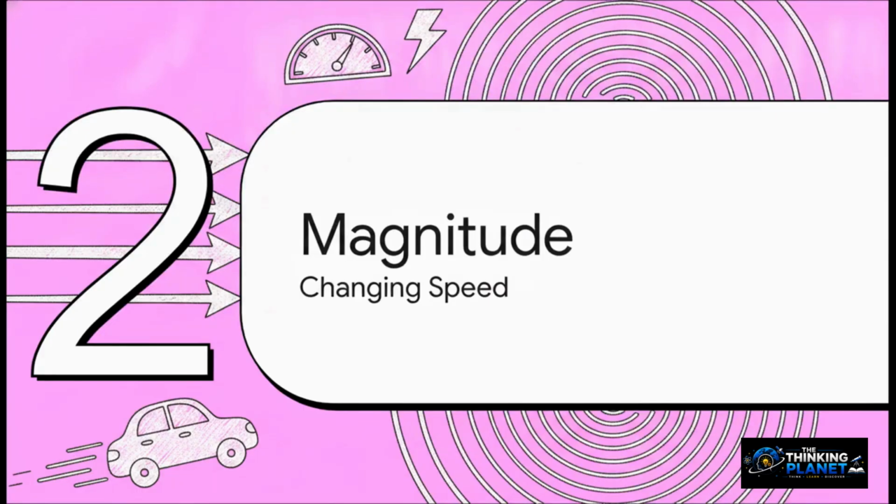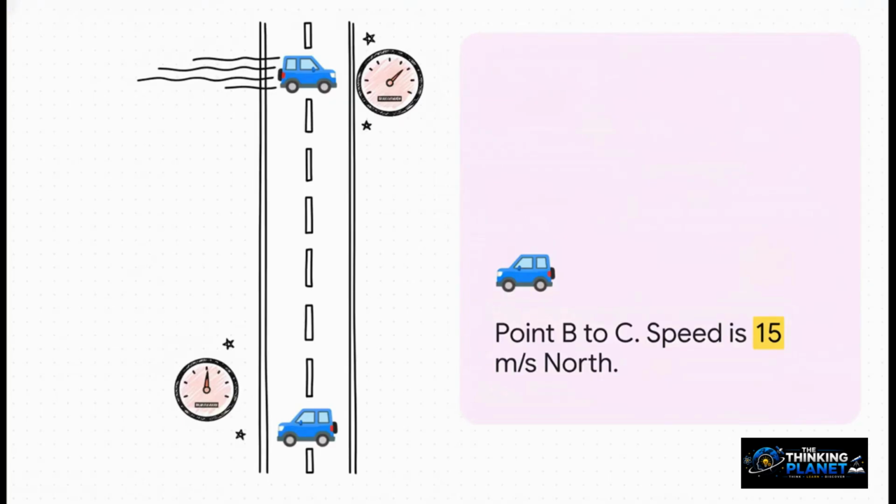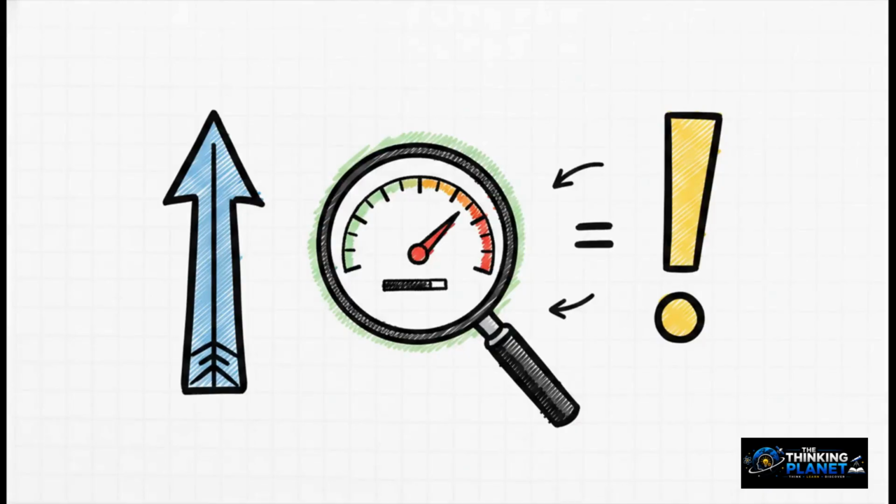Moving right along to part 2, magnitude, or speeding up. Picture a driver merging onto a long, straight highway. Let's say this car is moving from point A to point B on the entrance ramp, and the driver checks their speedometer. Their velocity during that stretch is 10 meters per second, heading perfectly north. Now, the driver sees an opening in traffic and decides to merge. The car continues moving from point B to a new point down the highway, point C. During the second stretch, the driver pushes the gas pedal down and their velocity reaches 15 meters per second, still heading straight north. So the crucial takeaway here is that while the direction remained absolutely identical, heading north the entire time, the magnitude changed.